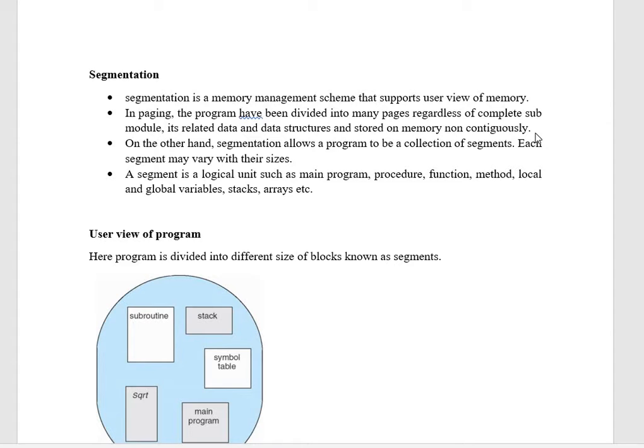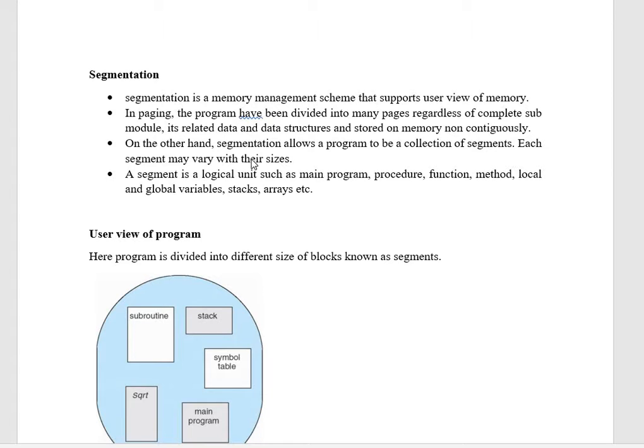We simply divide the entire process into many pieces known as pages, depending on the page size that the hardware has specified. This is irrespective of whether the lines within that particular page are related or not. So when you have a program with submodules, a submodule may irrelevantly be split into multiple pages and stored on the physical memory, on the frames. That was the basic concept of paging.